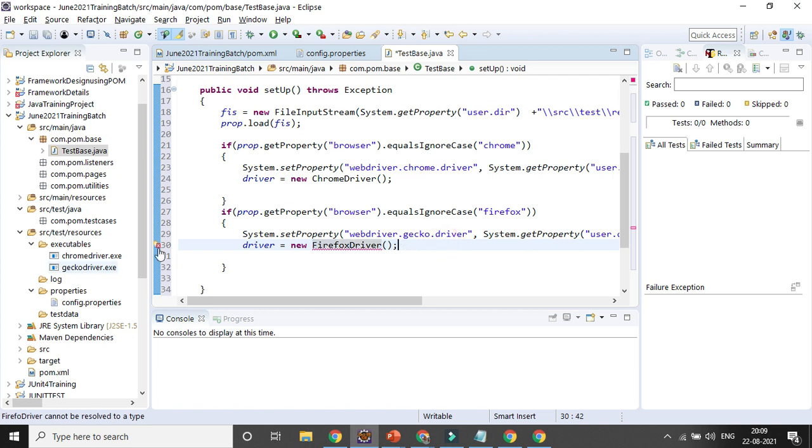Okay, we need to import the FirefoxDriver class. So in case you are having multiple drivers, IE driver, you can do it, right?